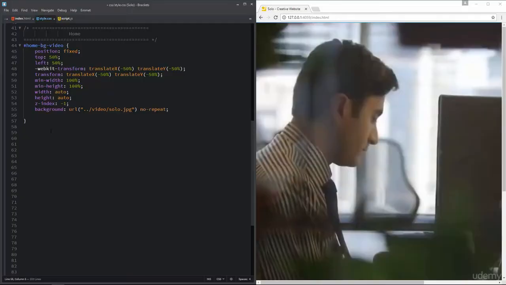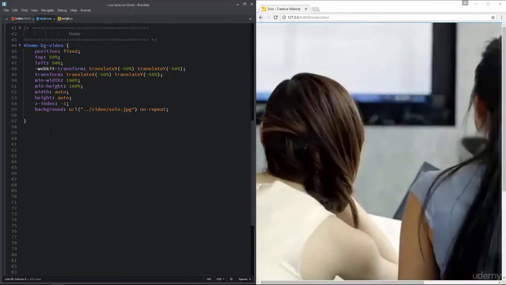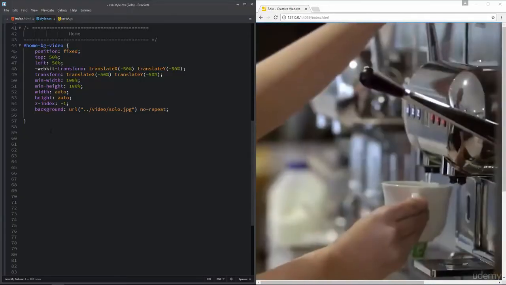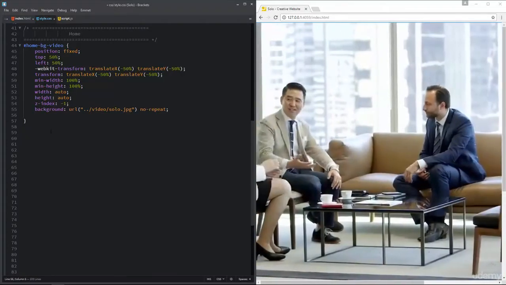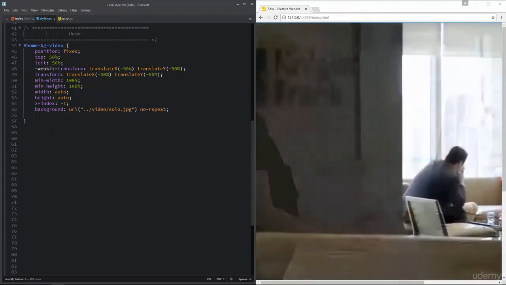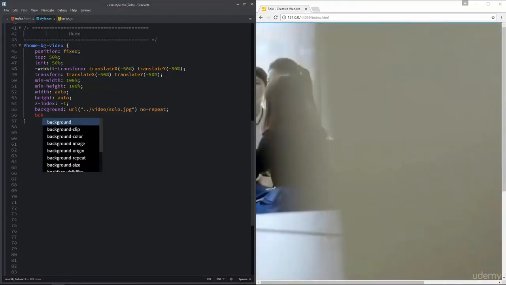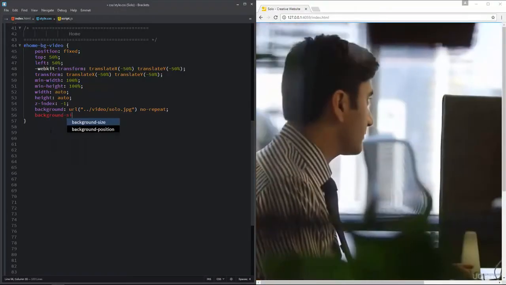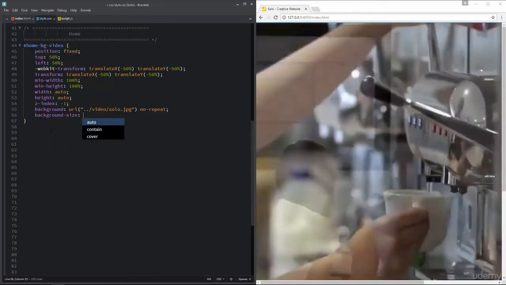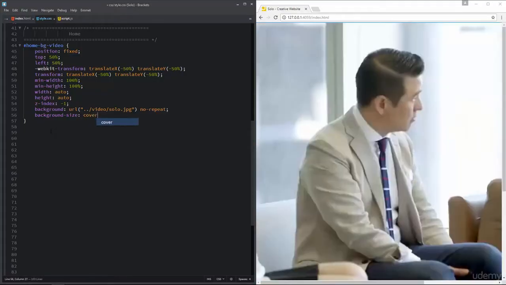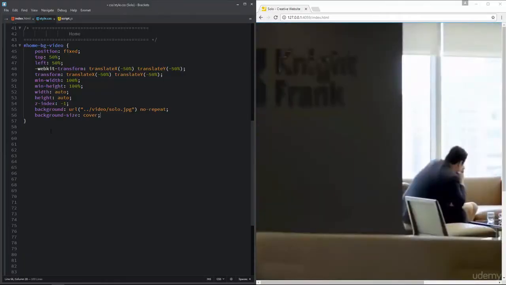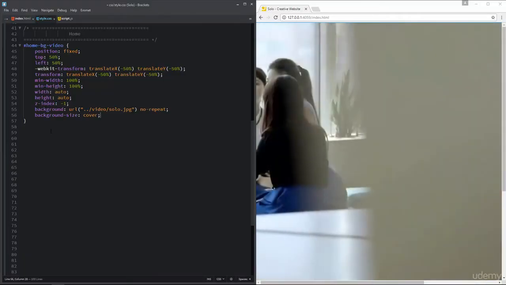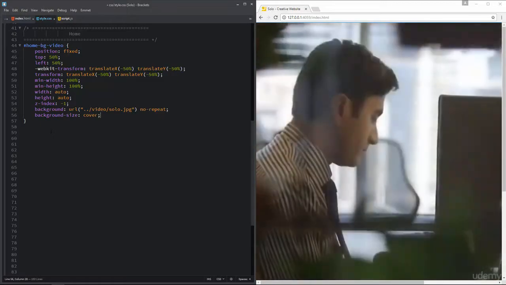Once we got that in place, we are now going to do the last thing, which is where we are going to determine background size. And background size is a CSS new feature. I'm going to write the CSS background-size property. And this background-size is going to be cover, which will do exactly what it says, right? It will cover the background, so whatever the size of the browser window is, this is going to show up the way we want it.